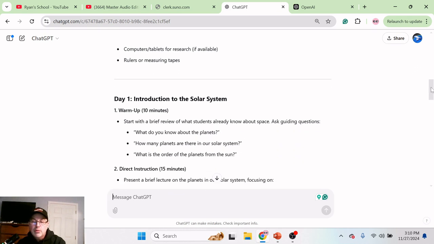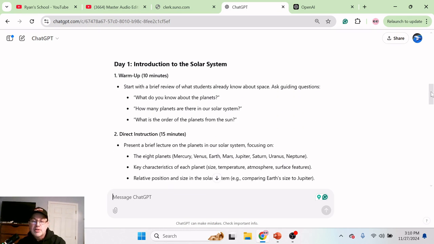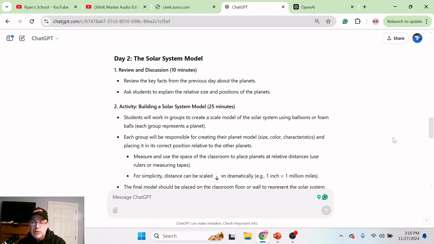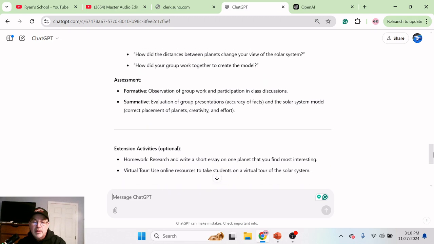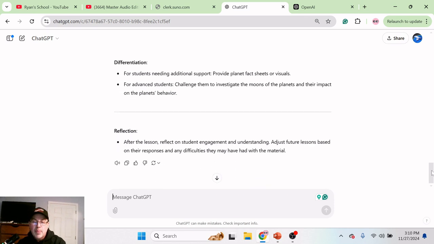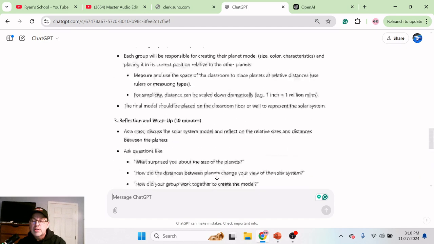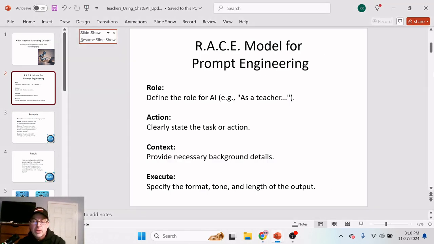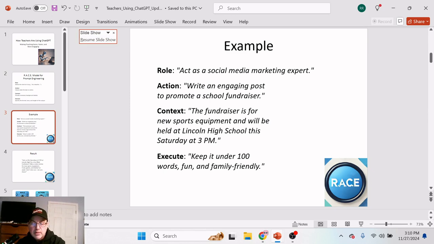Tells you what to do. Tells you what to do on day 1. It tells you what to do on day 2. And it gives you extension activities. It gives you differentiation. It gives you a reflection activity. So all of that in just seconds when I press enter. All right, so that is one of the things that